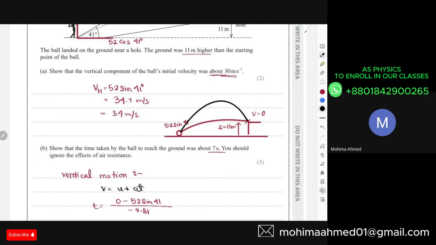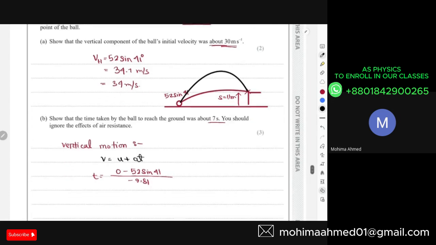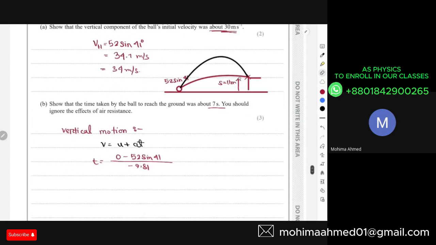So problem is that if you are considering that the final velocity is zero at this point, this could not be also a correct answer. So I'm not sure exactly which of the pathway was followed here. So it's better to use the displacement over here, because doesn't matter whatever the pathway you use, the displacement is always 11. This is an easier, more safe way to use, because if I'm using this idea that object